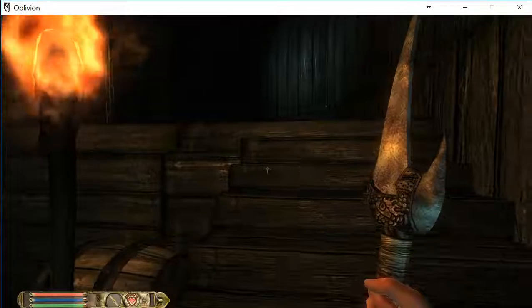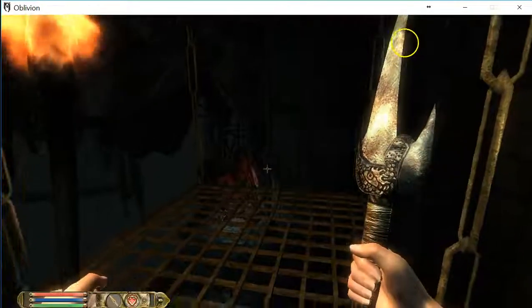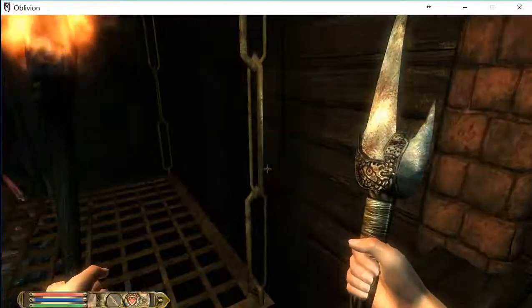I got dropped into what looks like a dungeon with a bunch of trolls, and I'm not quite sure where it's going to go from here, but